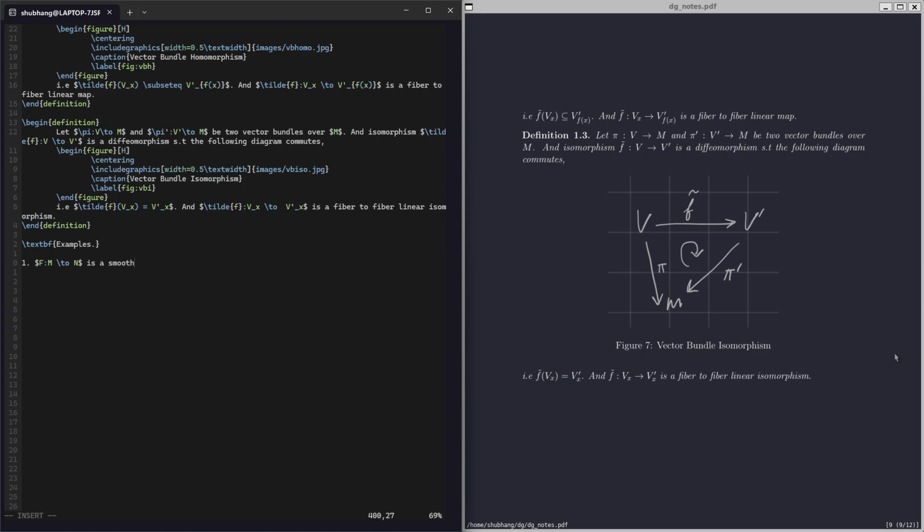Then we define a smooth map between tangent bundles of these two manifolds, f star from TM to TN, such that